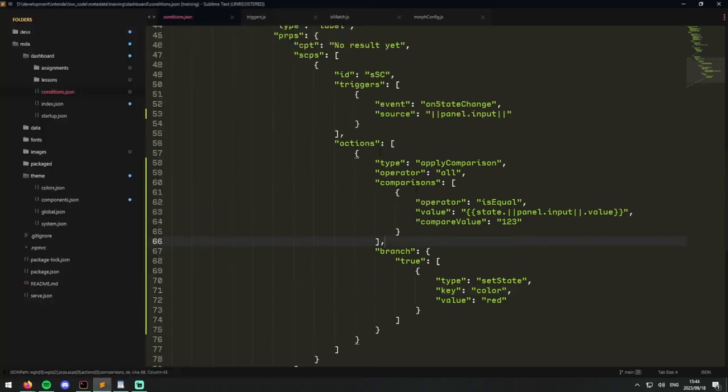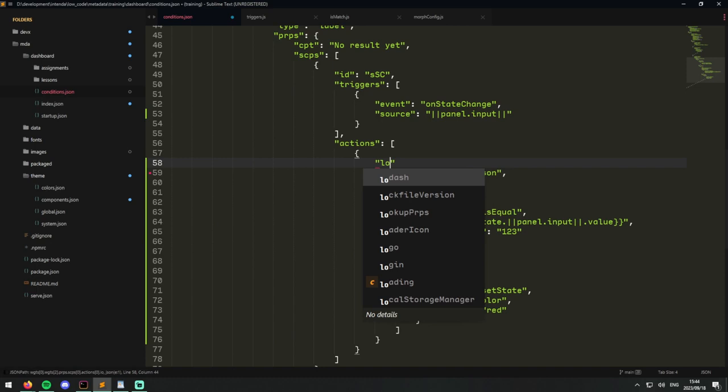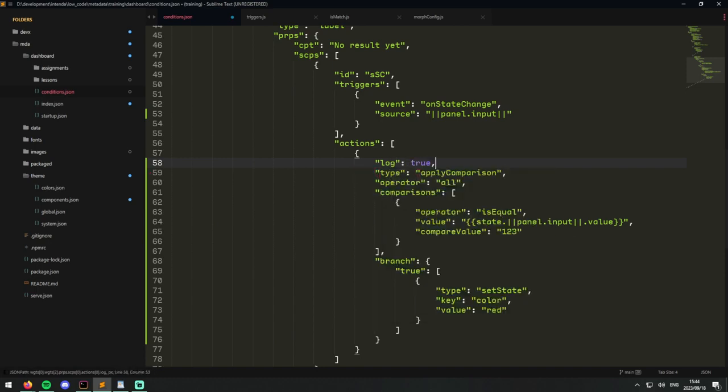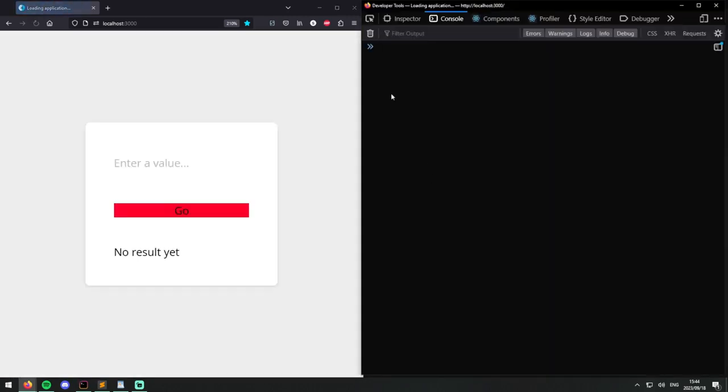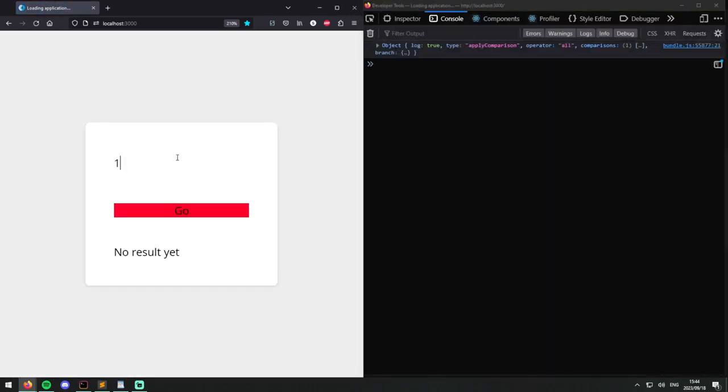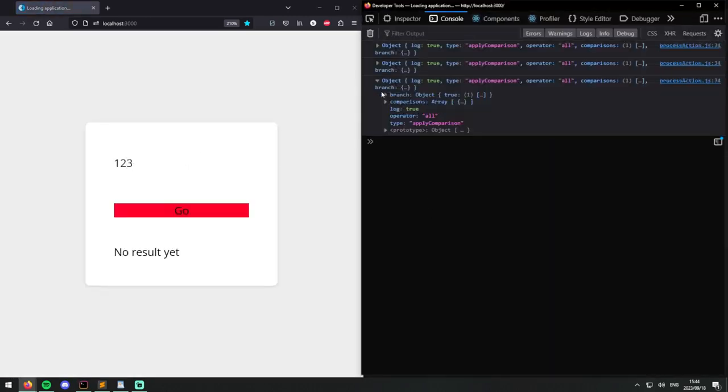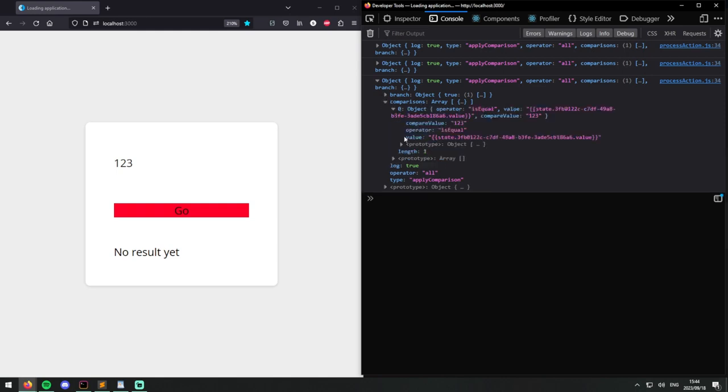So what we can do to test this is I can put a log in here, just say log true for this action, so we can see exactly what the action looks like when it runs. This is a good way to debug this kind of thing. I'll type in 1, 2, 3, check this last one, and you'll see that if you look at comparisons, the value is actually still the accessor. It did inject the scoped ID for us, but it didn't inject the accessor value, the value of the string,